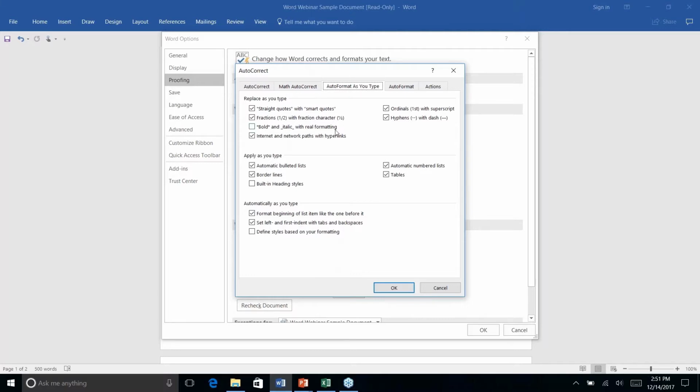AutoFormat As You Type also has a couple of options in here that you will find useful. By default, it is going to change your ordinals. So if you have things like first, second, third, it will take the ordinal there and put it as a superscript, which means they'll be in smaller letters towards the top of the number. It's just a little bit more visually pleasing. If for whatever reason you hate that it does that, you can come in here and turn it off. Same thing with changing the quotes,